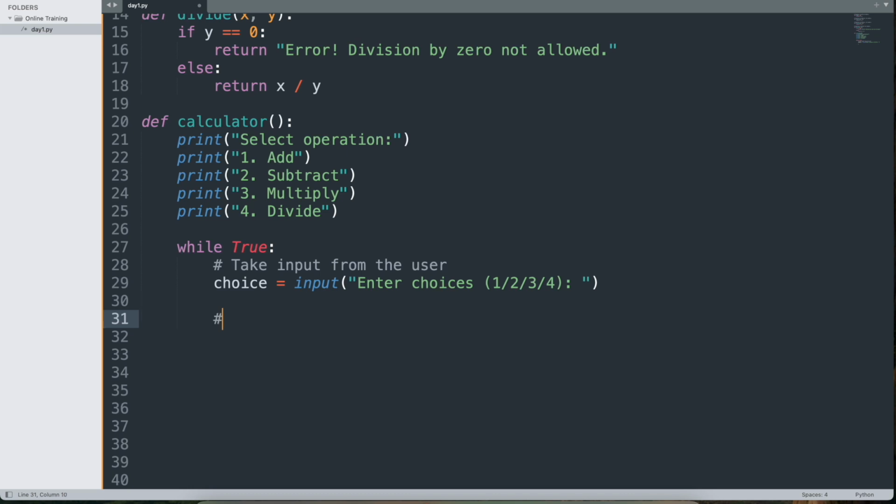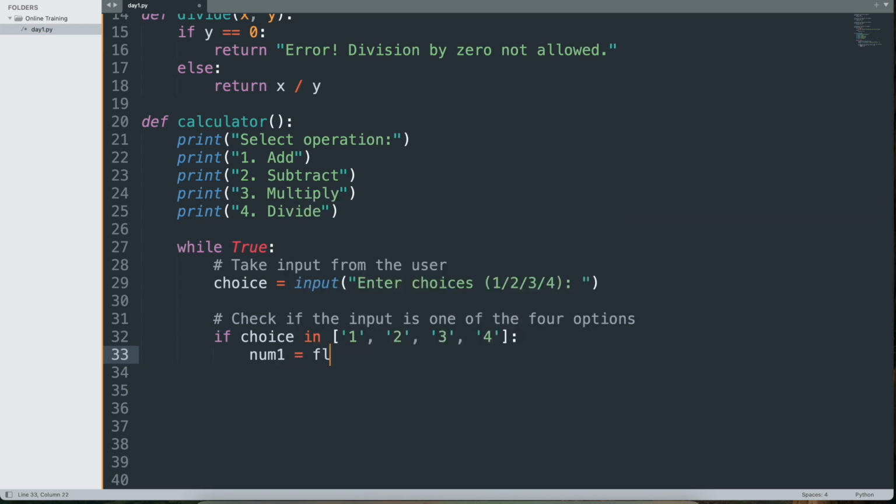Next, I will check if the input is one of the four options, because what if the user entered something else? So I am going to say if choice in, if the user's choice that they entered is one of these options, then I will say number one. That means I need the first number input from the user. That might be a float, it might be a decimal point. So that's why I am converting whatever the user entered